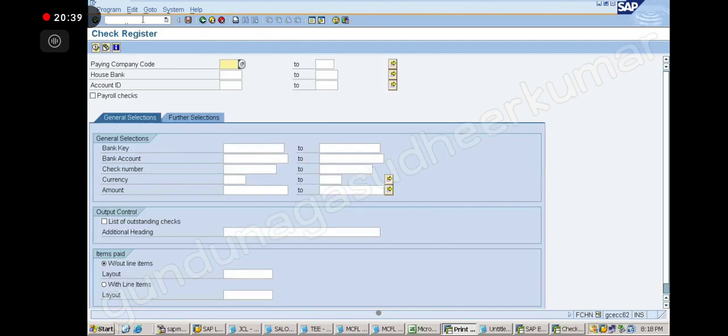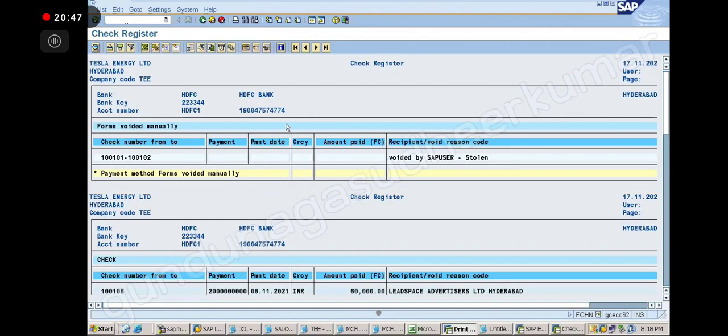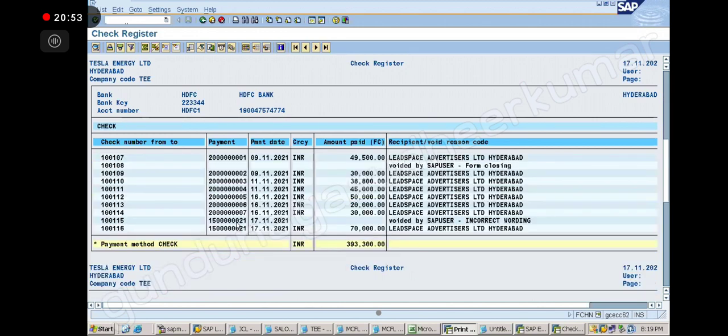SPHN. You have the company code, house bank, account ID, execute. Right, so you have the document number. From here you can pick up. Clear everybody?